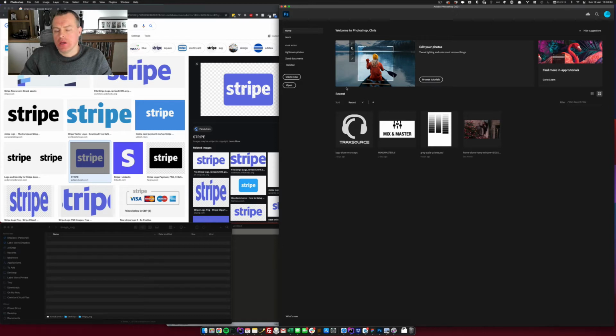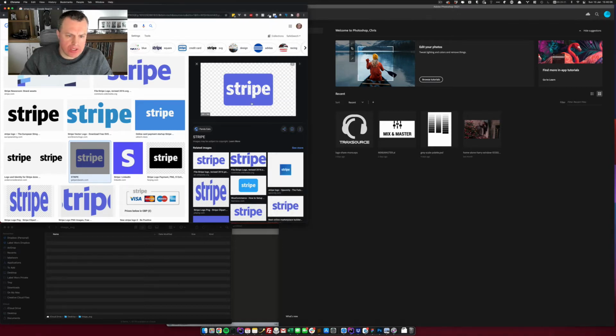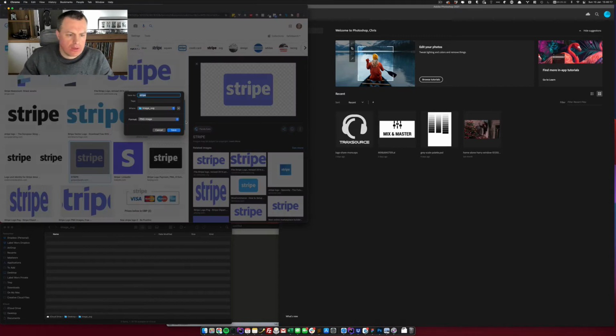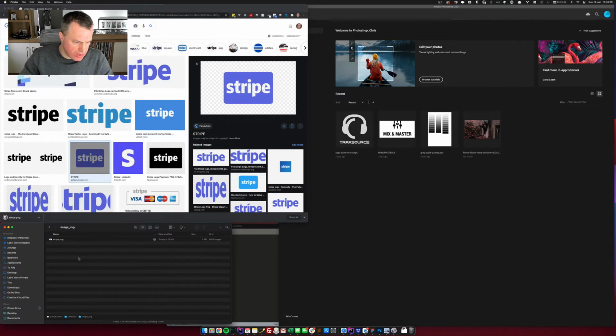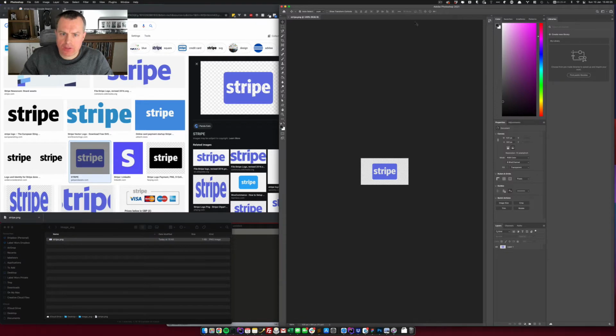So I've got this stripe image here, which is a PNG, and I'll just go through the process of converting it using Photoshop. So let's pull the image down. As you can see, it's a PNG, and if we pull it into Photoshop,